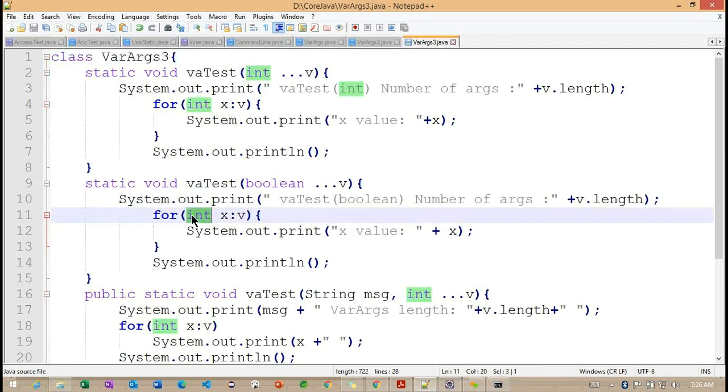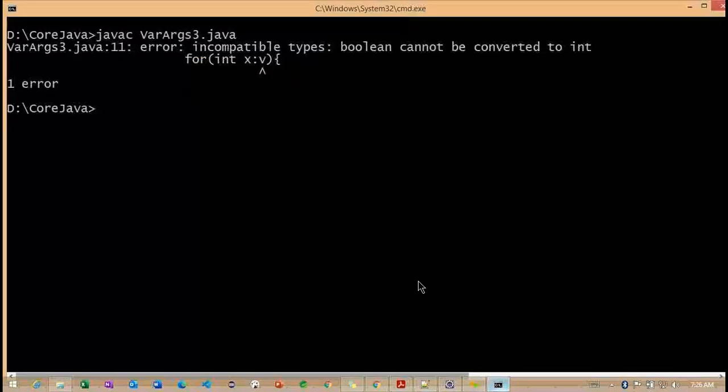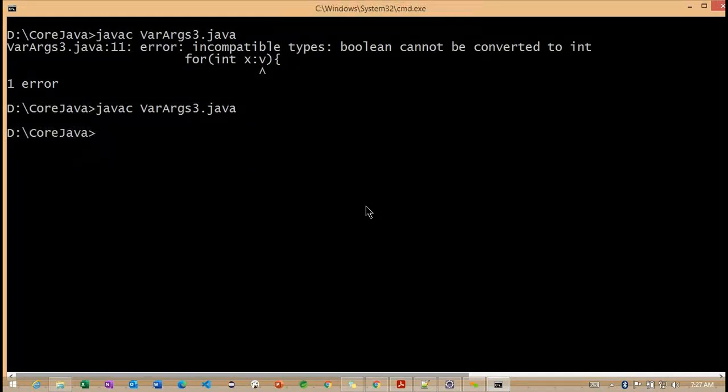Okay, so here we need to change the Boolean. We were trying to convert to a different data type here, and because of this we are getting an error. Let me compile one more time. So it compiled successfully.